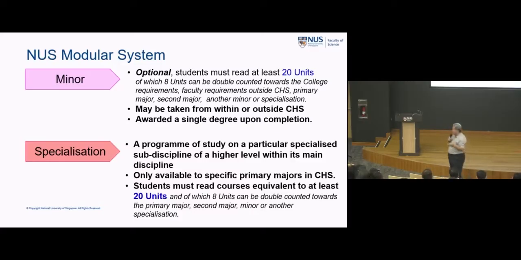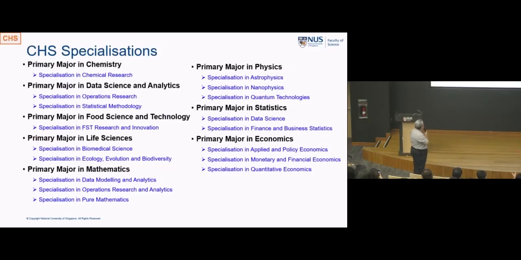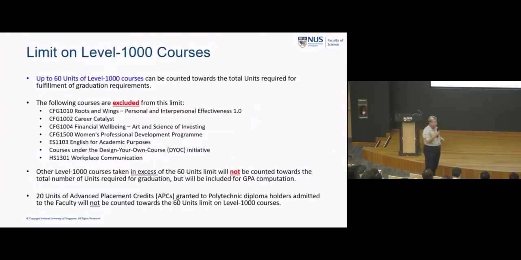Take, for example, life sciences, yeah? And afterwards I show you the list of my specialization. Some of you will say, I want to take a major in life science, but actually I do want to do more in life science. And I want to focus in on one area. I want to be a specialization in biomedical science. You can. So in your unrestricted elective, you take the specializations, and these are usually at the higher level, level 4,000 with your projects and so forth. All right? So this gives you a flavor of what you can begin to do in the university already. Now, let me bring you back down to earth, yeah?